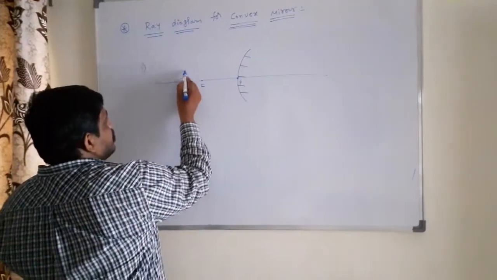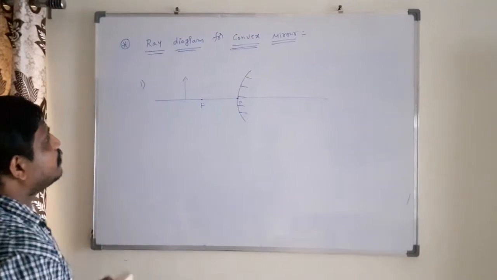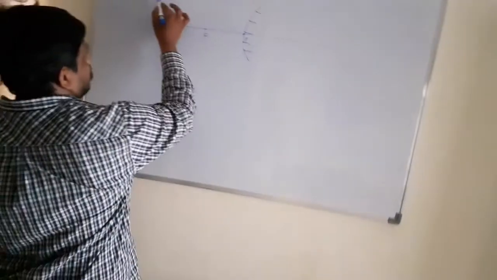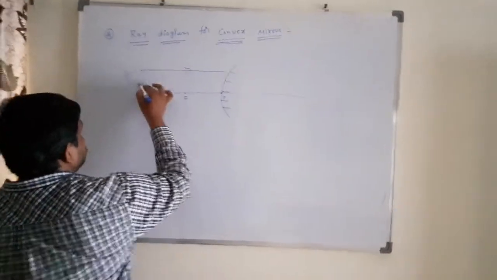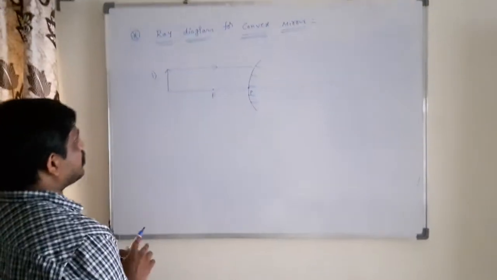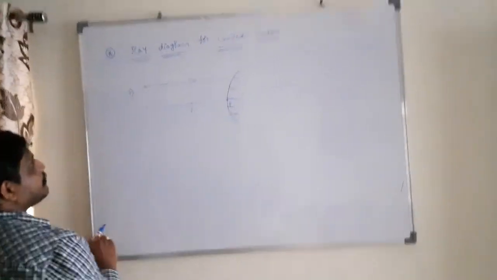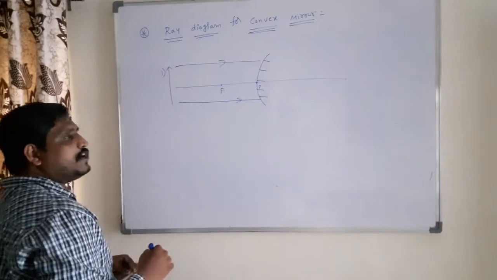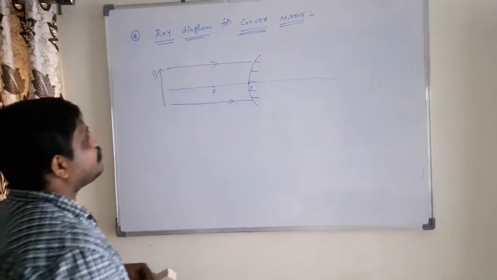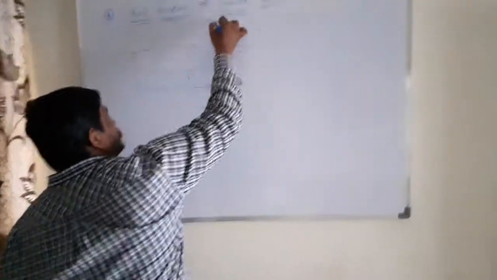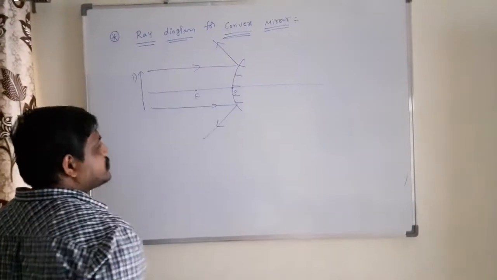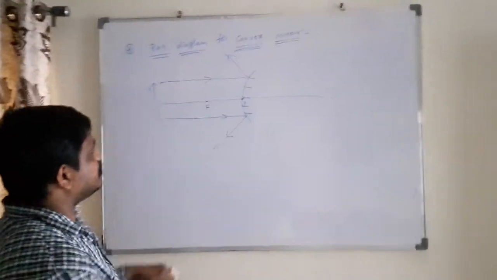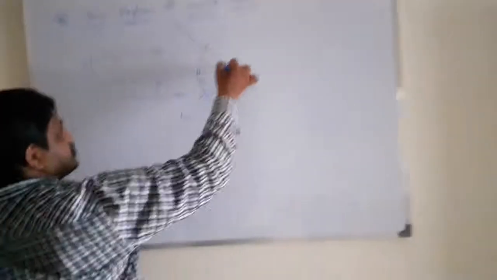Here, object placed at any point, nana. Look here. For example, this is the object. Object coming from infinity, nana. Coming from infinity means the rays are called sun rays, fall on the mirror. It will diverge, nana, because convex mirror acts as a diverging mirror. That means the distance between the reflected rays increases here. These rays are extended.